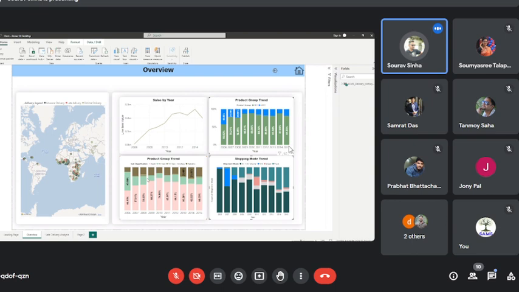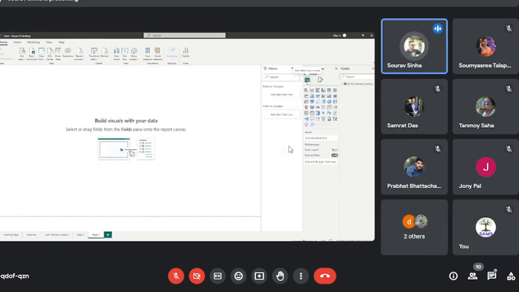Now let me just show you how a default view looks like. Okay, so this is a default view page where we could see a few things. On the right side, there are three panes. One is the filter pane. Here we can use filters on the page, on the visual. Another one is the visualization pane. Here, under this, add data to your visual, and another thing is format your report page. When we see add data to your visual, what it means is we can add